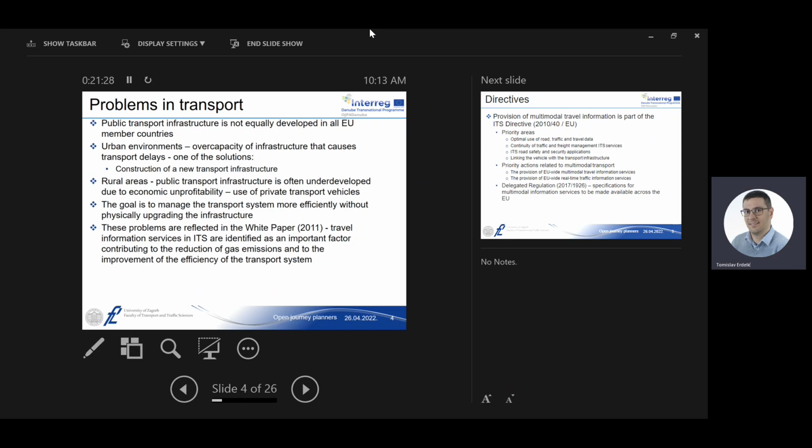Some of the things that are written in this white paper are presented here. This is the focus on travel information services in intelligent transport systems, which are identified as an important factor that can contribute to the reduction of gas emissions, so to actually reduce the use of cars, to reduce gas, and which affects our ozone, okay, and leads to